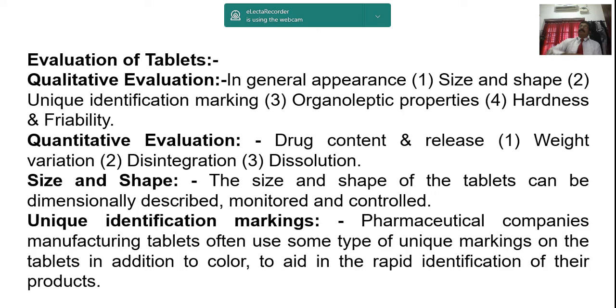Sometimes pharmaceutical industries will give some unique identification marks, because why do they have to give? Sometimes they may have 500 tablets in every batch. For example, a three-shift company. When I was working in Cadila, we had three shifts: morning, afternoon, and night shift. And also general shifts will be there, where office staff will be coming. But production chemists always work in the three-shift system.